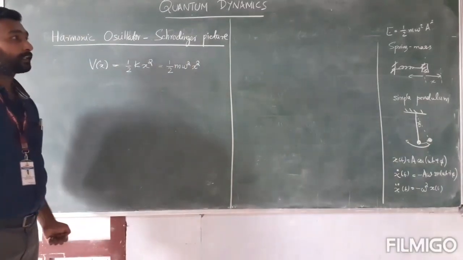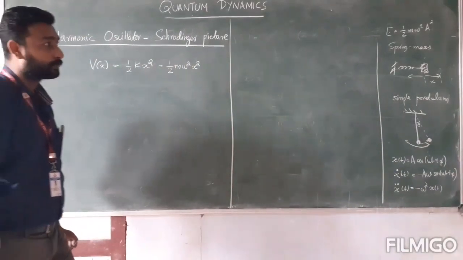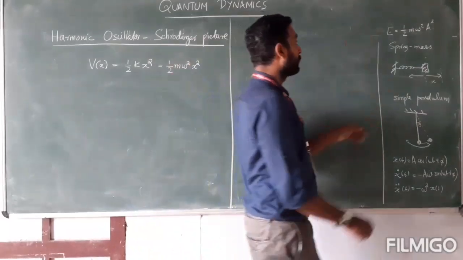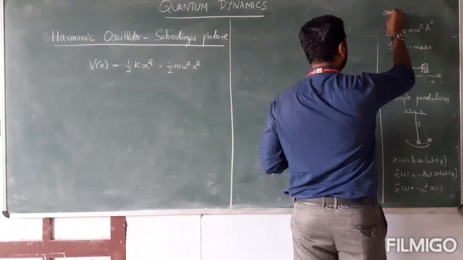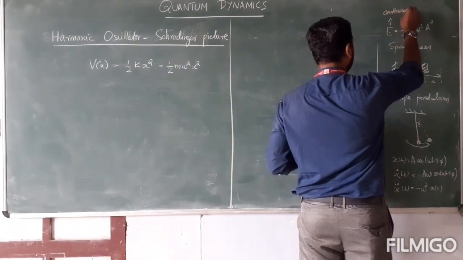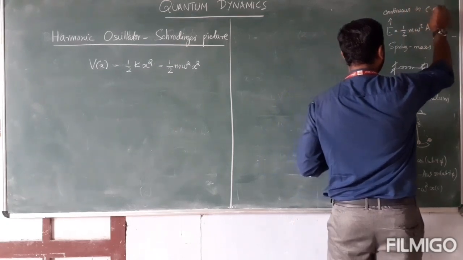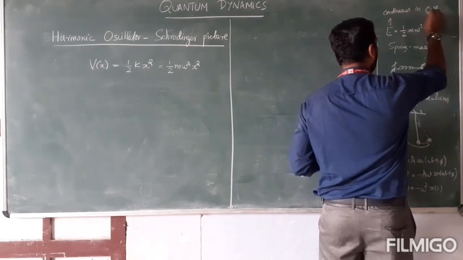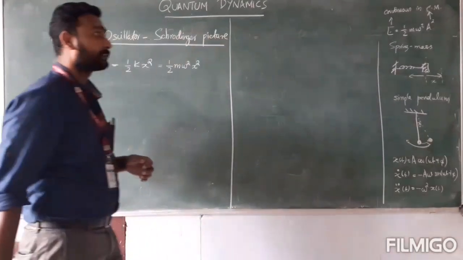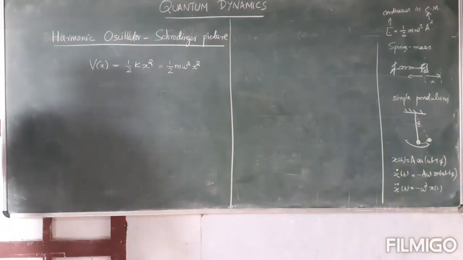So a is a continuous variable, and so the energy can be a continuous variable in classical terms. A and E are continuous, so we can have continuous values for the energy of a simple harmonic oscillation